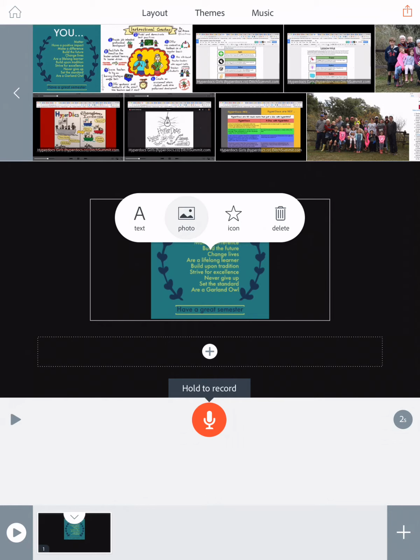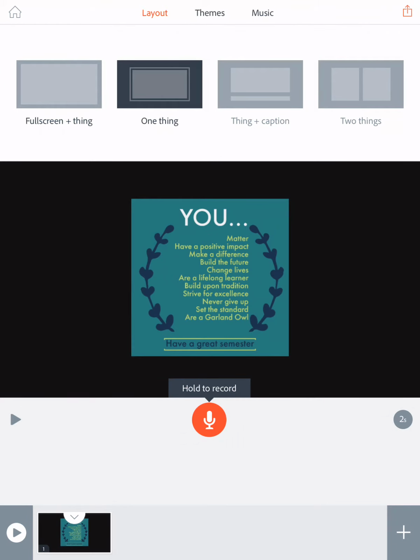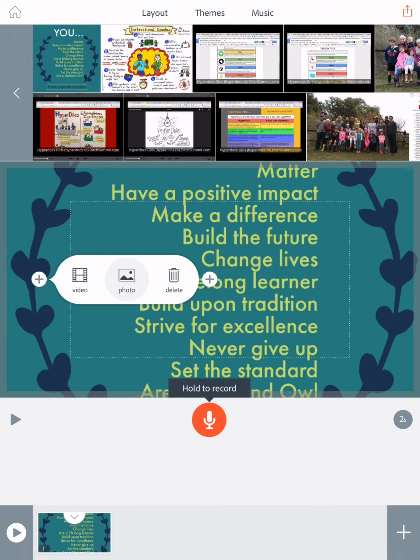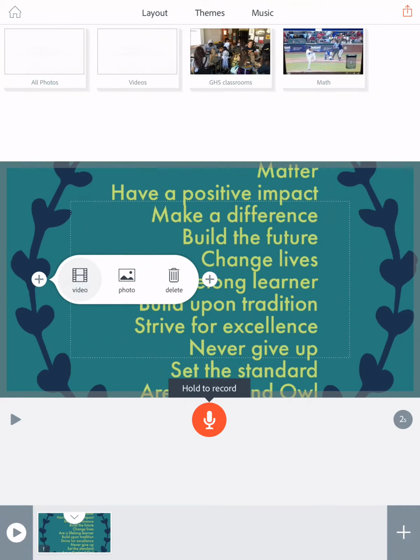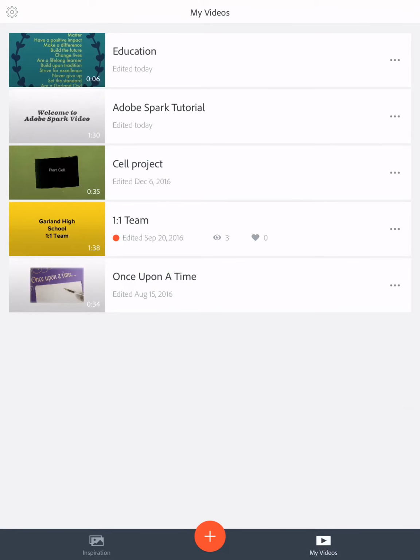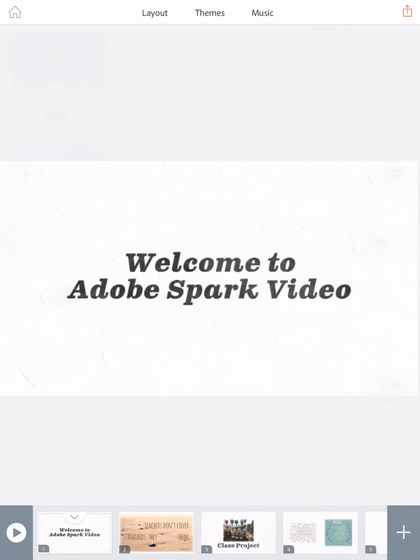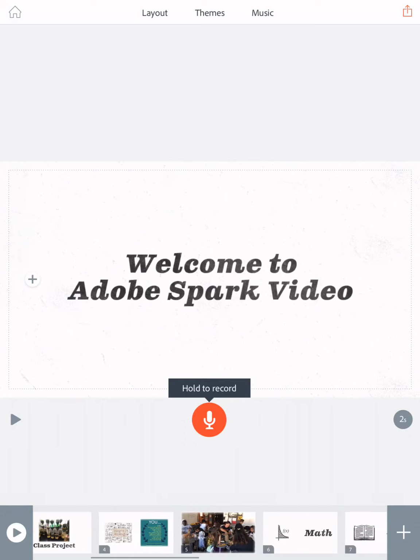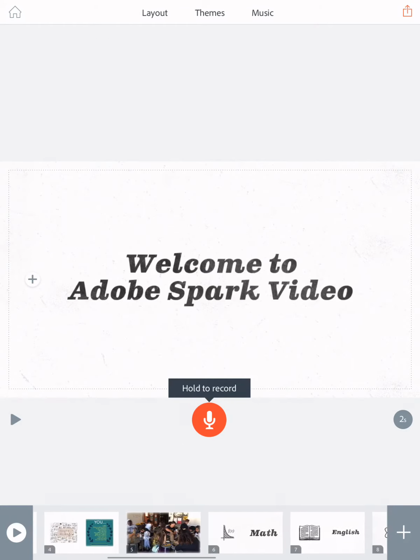With the, if I change the layout though to one thing or to full screen, I get a couple different options. I can actually insert a video this time, and it'll do up to 30 seconds video, and you can also crop and edit the video as well, and I'm going to show you how to do that. For this purpose, I'm going to switch to one that I've already made and have inserted some other things. So I'm going to do the Adobe Spark video tutorial. So here you can see I have a bunch of different slides already made,